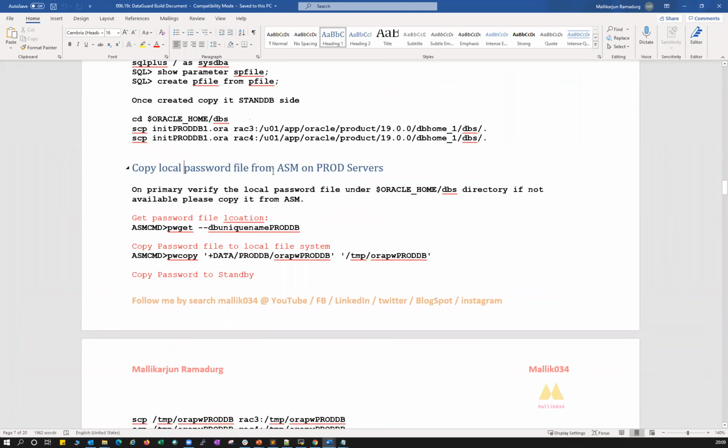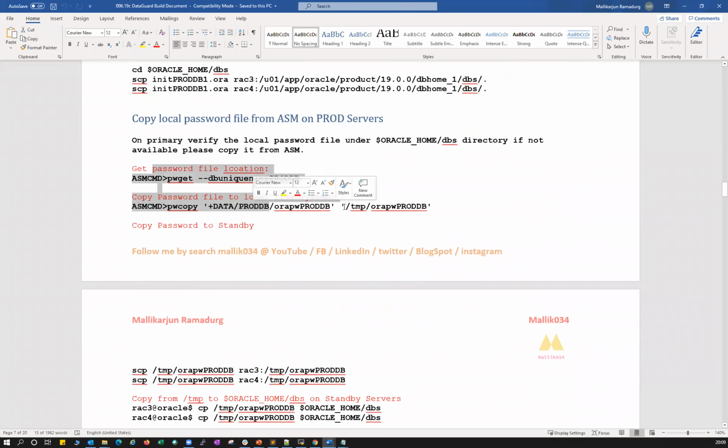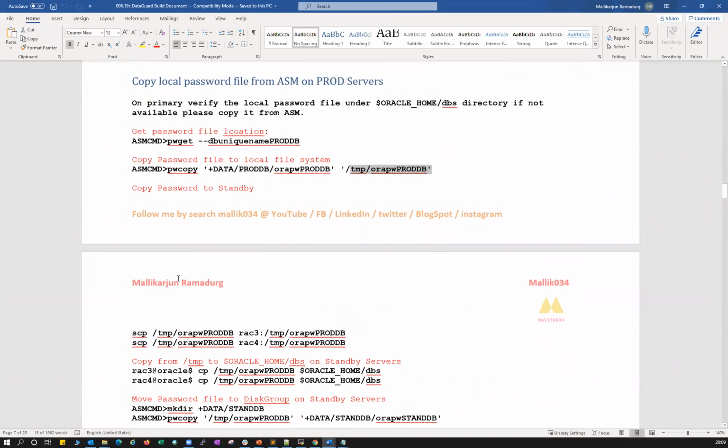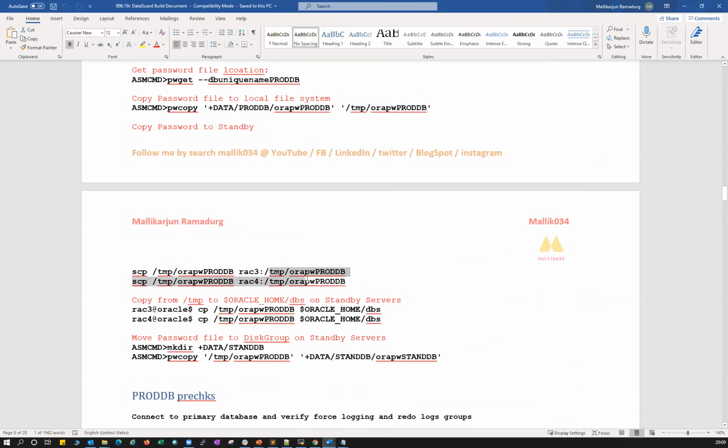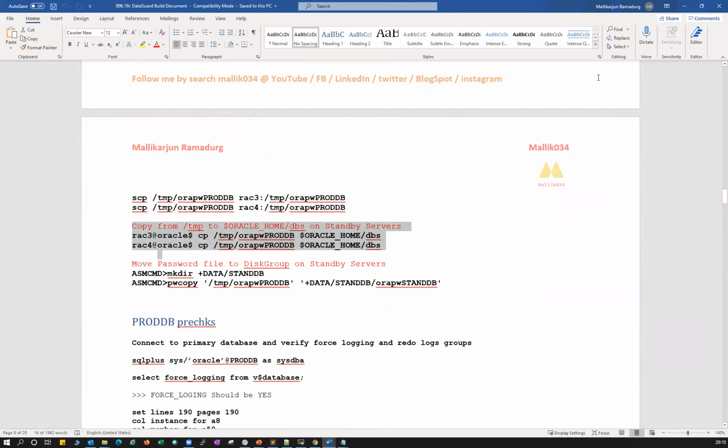In 19C, the password file will be in your ASM disk group, so you need to copy it into your local file system, then copy that to the standby site, and then you can start your Data Guard build. Or else you can copy that to your disk group and then start your Data Guard build.